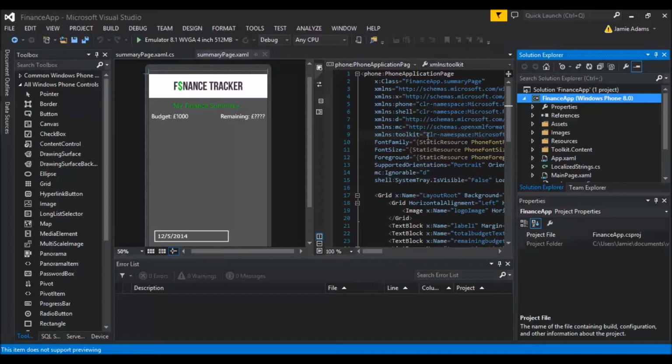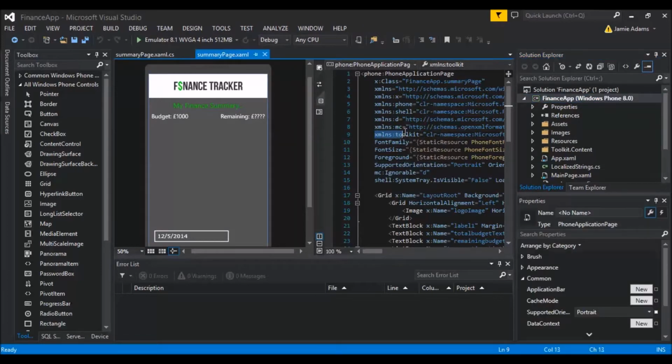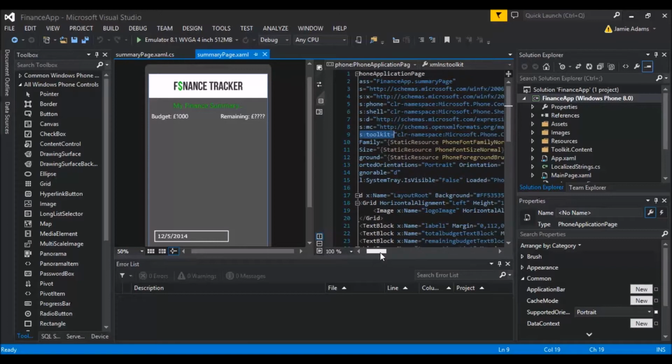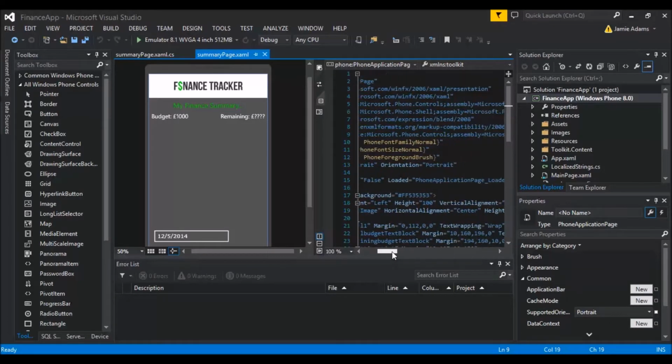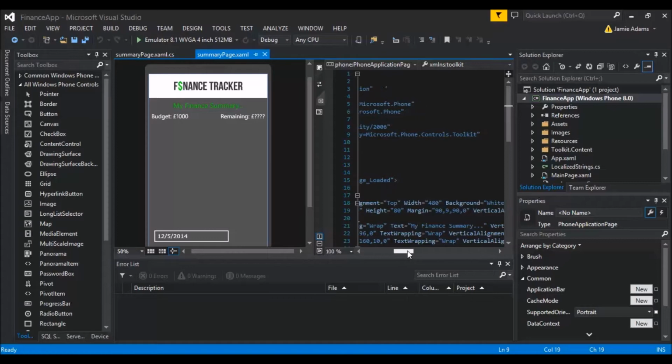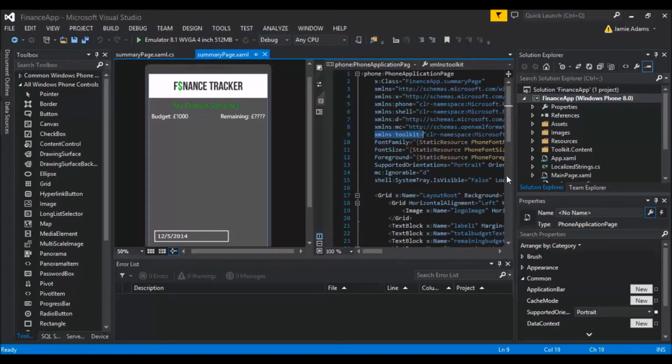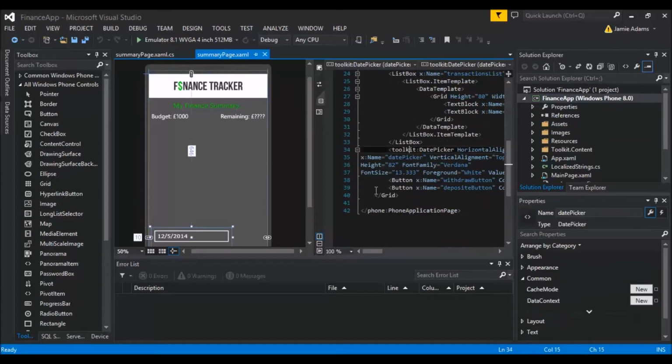I'm not sure if your line of code will go in automatically. Some people it does, some people it doesn't. There's this line of code here which I'm going to scroll along really slowly so that you can see it. It starts here with the xmlns toolkit, and basically it's the namespace Microsoft Phone Controls Assembly Microsoft Phone Controls Toolkit. And all that line really means is, alright, you can add some new tools. So you can use toolkit, the colon, I can't remember which one this is, and then the date